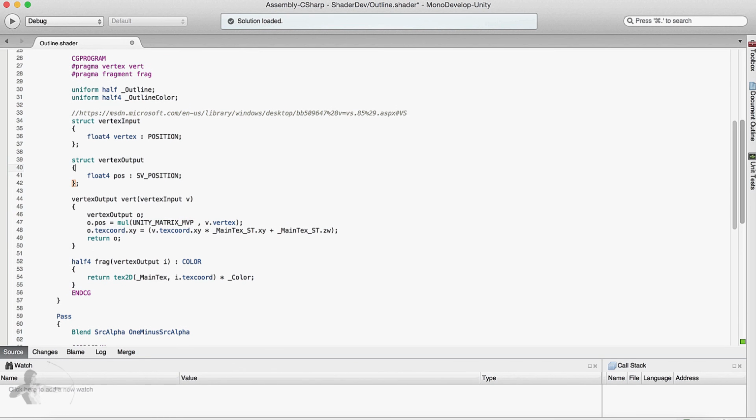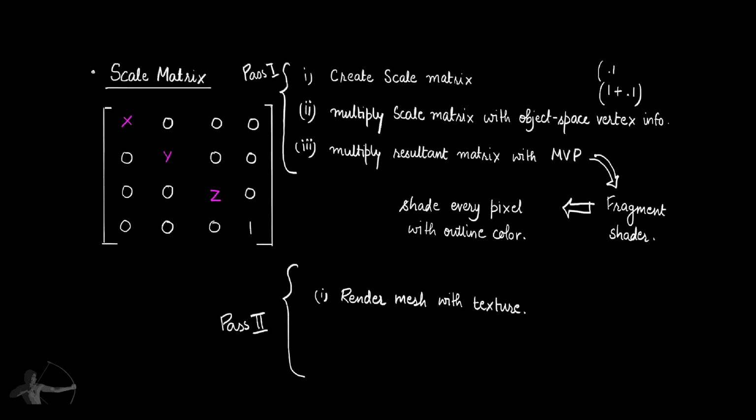Then we will go to our vertex function. So this is our vertex function. Then we saw that we will create a scale matrix and we will multiply the scale matrix with the object space vertex information that we are reading from the mesh. So this is the object space vertex information that we multiply with the MVP matrix to get the projection space position of this complete mesh. First we will create an outline function. This outline function will give us